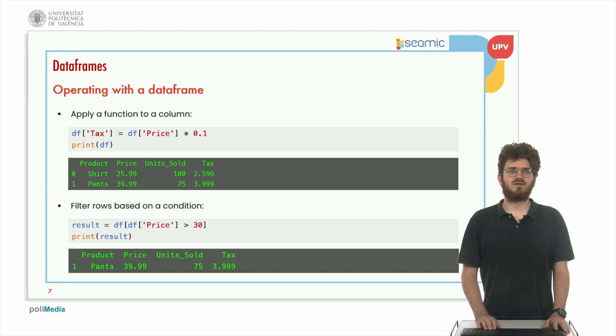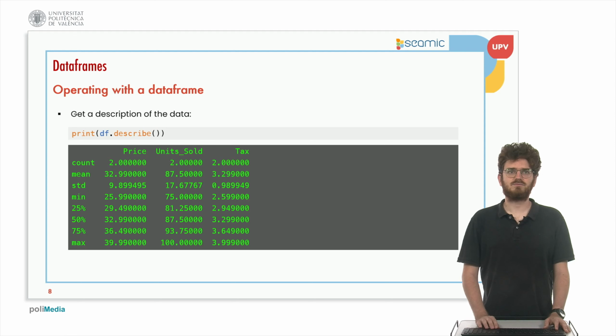So for example, down here we can see which are the elements that have a price greater than 30, right? So first we create a comparison, df, and the column price in square brackets is greater than 30. And this creates a list of true and false elements, so booleans, that we can pass as the selector to the data frame. Then it prints the appropriate rows that match the condition, and we can see which products are